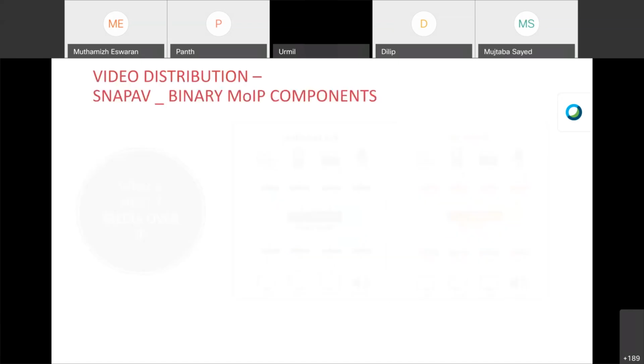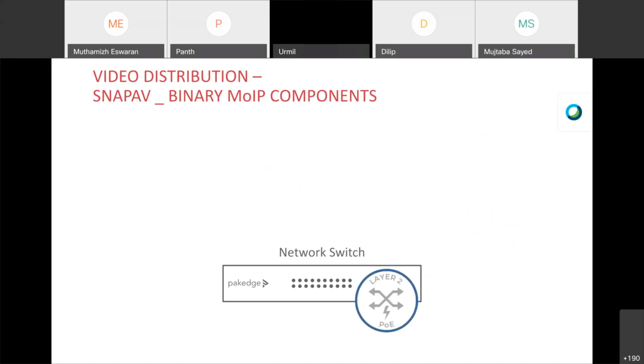So I'm just taking a reference of my video matrix, an AV over IP MIP device. Right, so one thing is, we always say your network switch has to be a layer 2 switch, okay? And we want you to put a dedicated network switch for the MIP system. The main reason is your bandwidth. So it needs it, if you are doing multiple